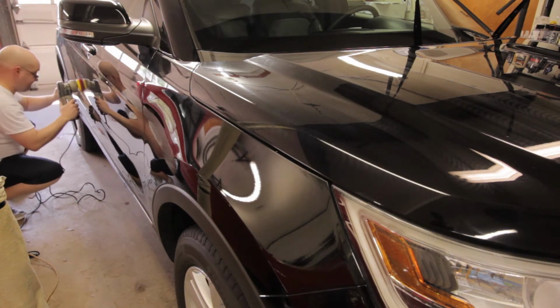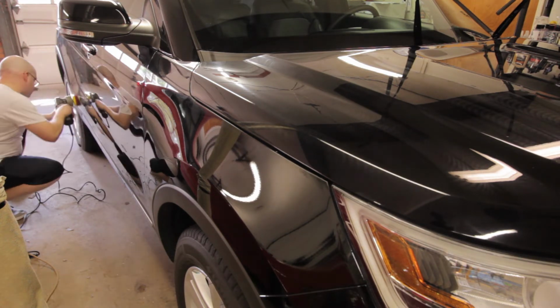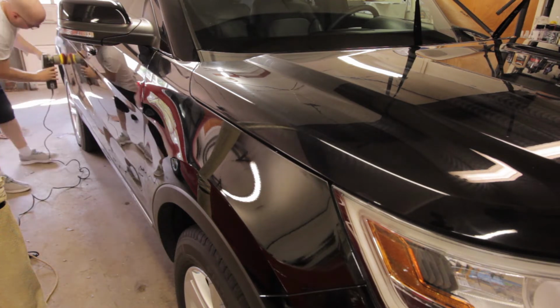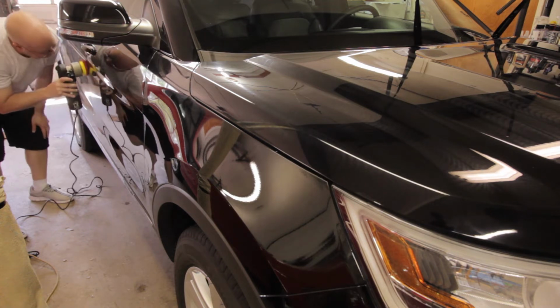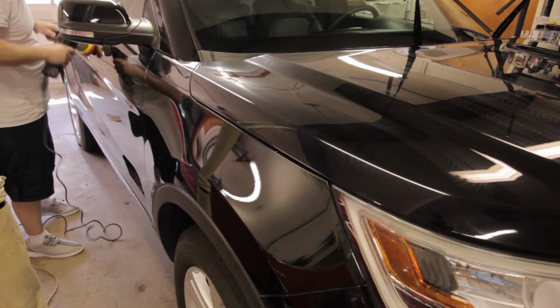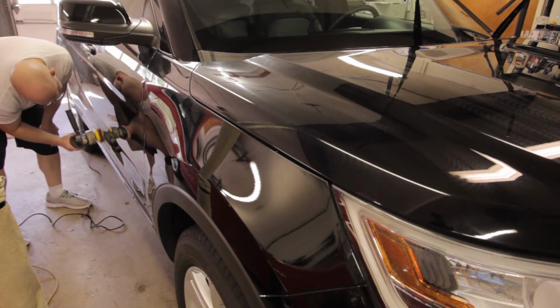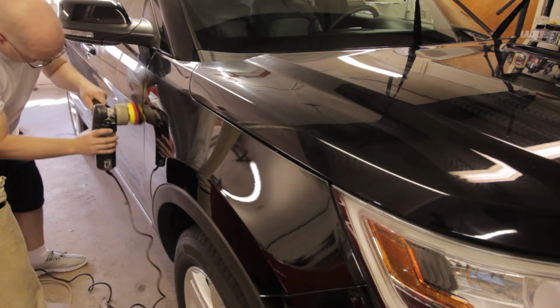One thing that I'm going to state here is that while using this Seal and Squeal, it had a different feeling to it. It's not like your normal wax. It's not like your normal polish. I don't even know how to explain it. I don't want to say it was like jelly, but it didn't have the same consistency, in my opinion, as